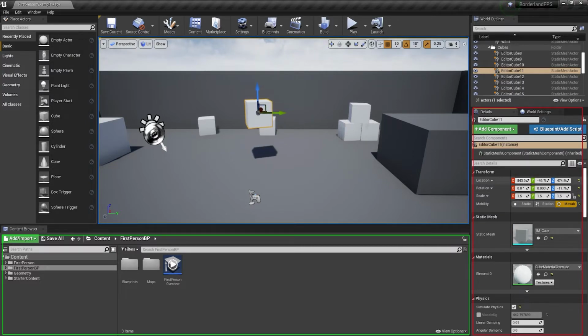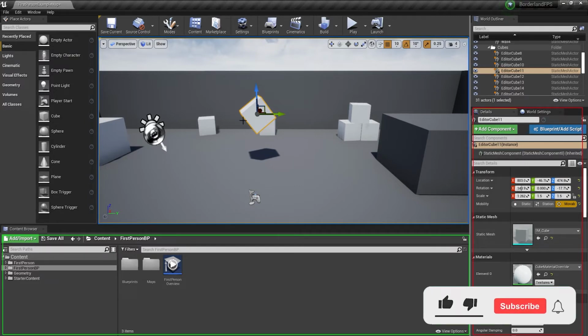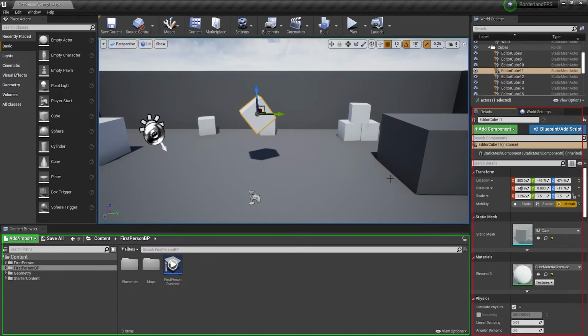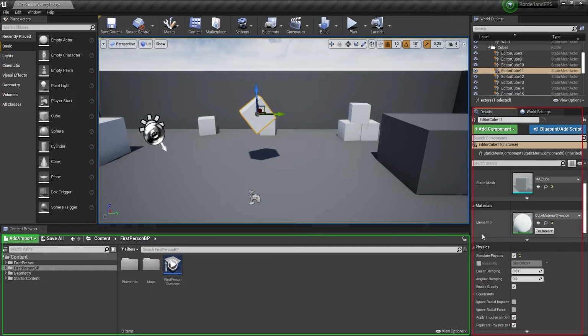You can change its location, its rotation. You can also increase or decrease its size. As this mesh is static, we will see in a later lecture what is static mesh and what is dynamic mesh. The material and physics, all these options relevant to this object will be shown here.